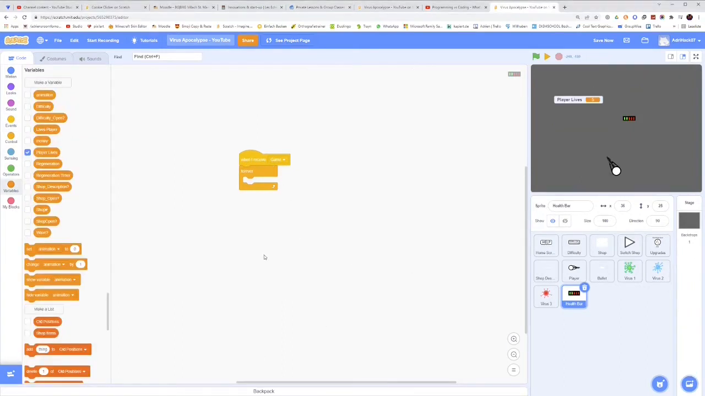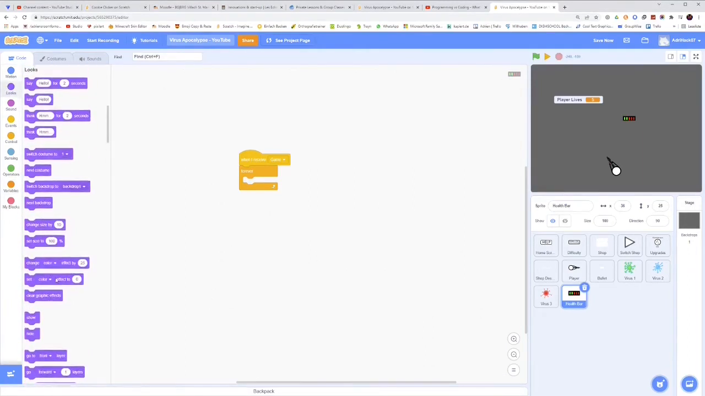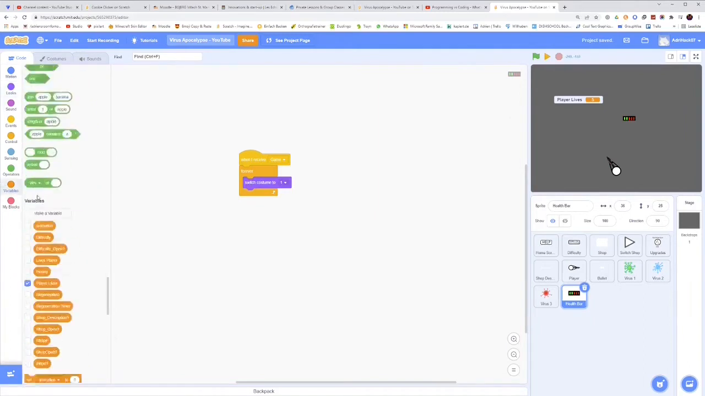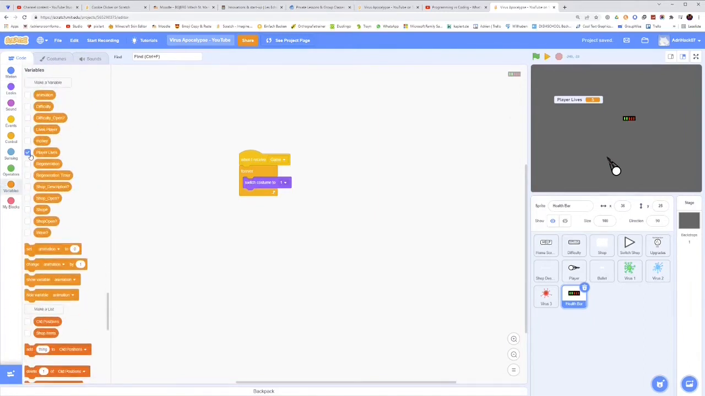Now that first code is very easy. Just go to your looks and then take switch costume to, and then go to your variables and take whatever variable represents the lives that your player still has. So for me, it's player lives. And now we can test that. So we start the game, and as you see, we have here all the lives because we have 5 lives,